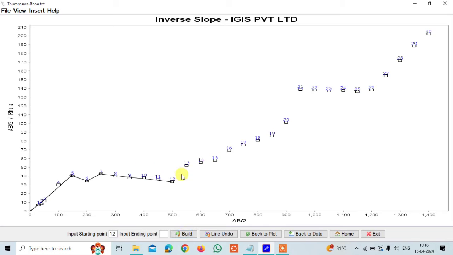See, these are all in the range, so I can use that. And after that I'll go for 13 and then build. From 13 I can go for 15, 17, 19, so I can click on build. 19. From there to 20, I think I can go for 21 and then build, and then to 26 build,